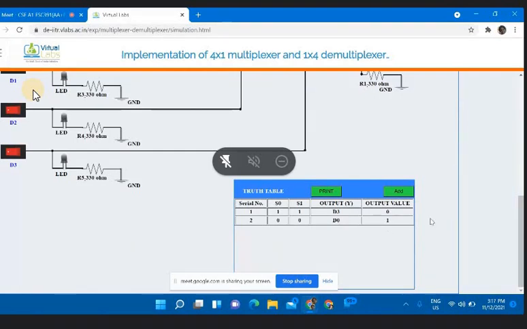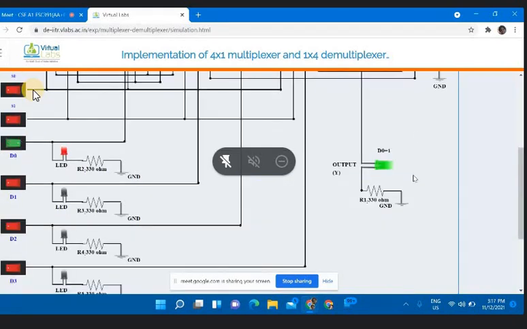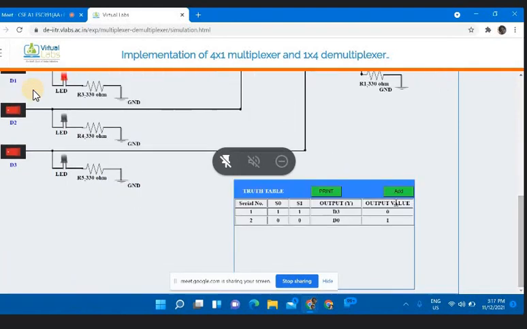My output value is 1. That means whatever I pass in through my D0, the data line D0, is high. Next, if I switch on D1, with 0, 1, and click on add, my D1 line is high.